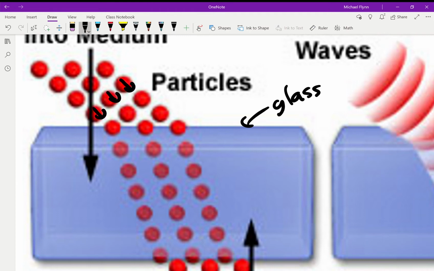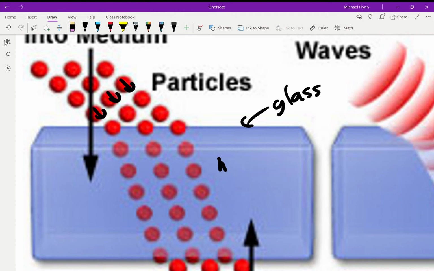He knew that air was made of mass and it was less dense than glass. That was common knowledge. So what happens is when the particles of light approach the glass, it would have a higher